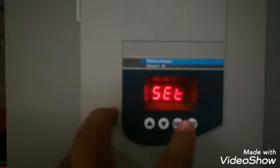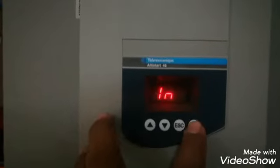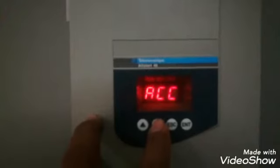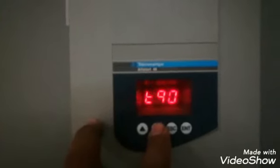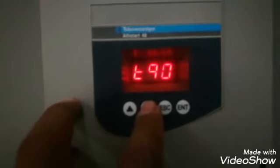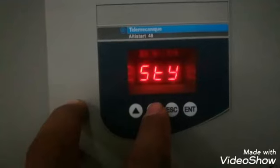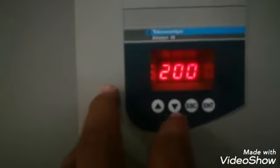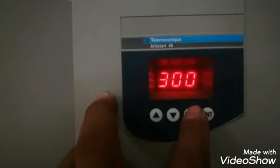So normally on the display we can see the current. Now we will go into the settings with the enter button. This IN is for the nominal current, ILT for the limit of the current, ACC is the acceleration, TQ is the initial start torque, STY is the stop control, that is how we want to stop the motor. As you can see, the nominal current of the motor is 200 ampere and ILT is the limit of the current, which is 300% at the initial time,